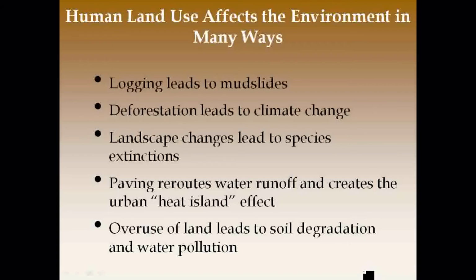At the beginning of this chapter, we talk about the different ways that we affect land use, and here they are. Probably the single biggest damage we do to the landscape is deforestation, when we cut down trees. And all of that logging leads to, for instance, mudslides. We talked about soil erosion already. We don't need to go into that again. But that logging, that cutting down of trees, the lack of root support holding dirt in its place, leads to mudslides. Deforestation can also lead to climate change. Can you imagine why?